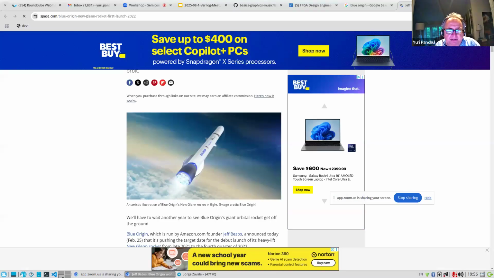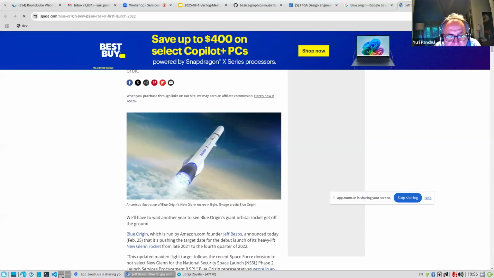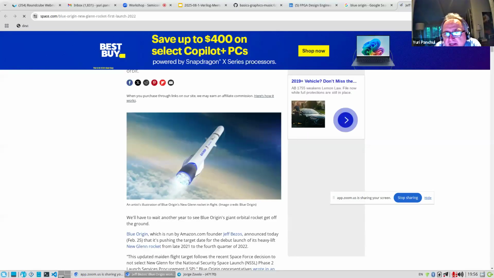A commercial ASIC is millions of dollars, and there are only a few rockets, so it's not practical to make a special ASIC. So what they do is use a network of microcontrollers and FPGAs.